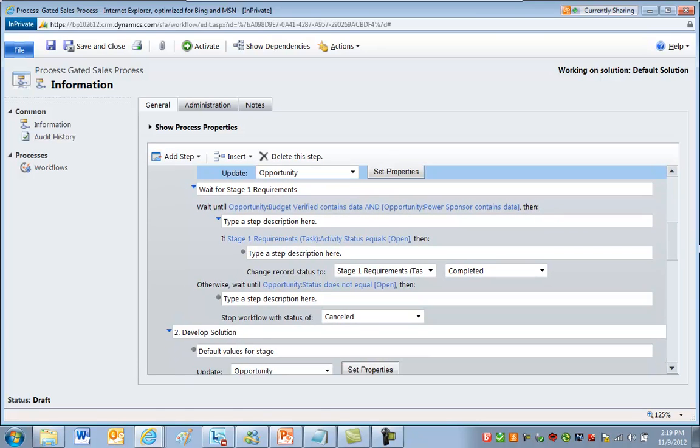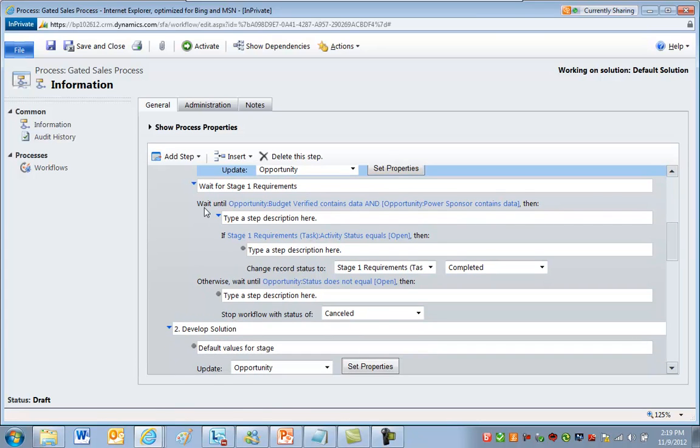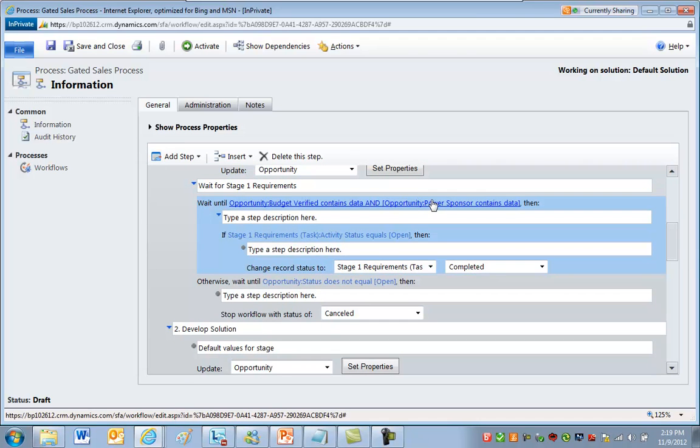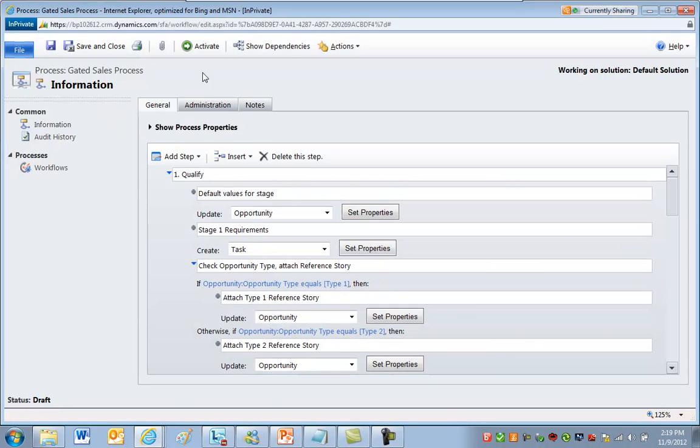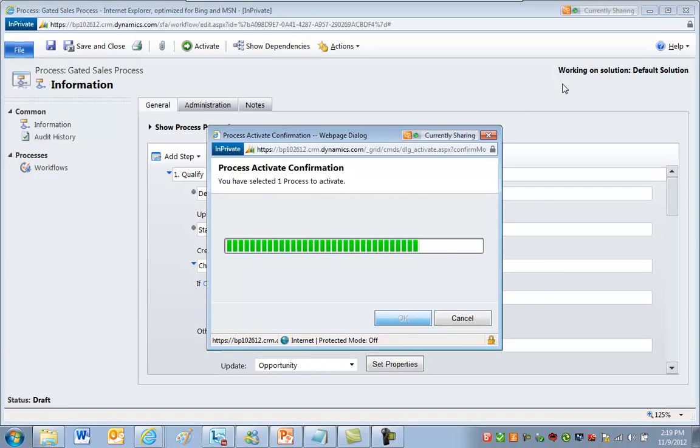So then here's the wait. Notice what we're doing here is waiting until something happens. We're not waiting for a user to select a value from a pick list here. We're actually saying, okay, let's see what they do. And I'll show you how this thing runs. Let's activate it. So that's active. Now we're going to come back to the guts of this workflow in a minute. But first,